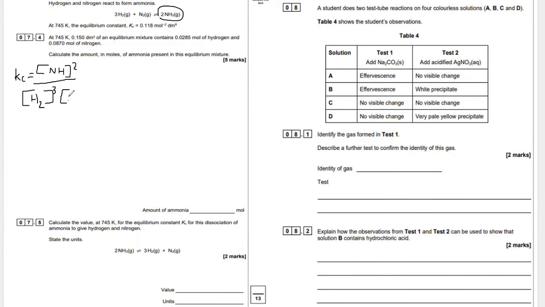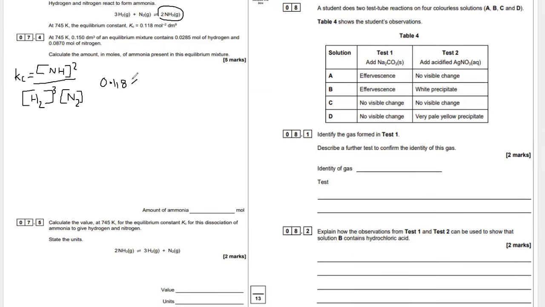And that is nitrogen. There is no coefficient next to it, it's just 1 nitrogen molecule, so we leave it like that. And the Kc is equal to that. This means if I want to find the concentration of ammonia, NH3, I've got to do Kc times H2 cubed times N2. So if I do that, I'm going to do 0.118,